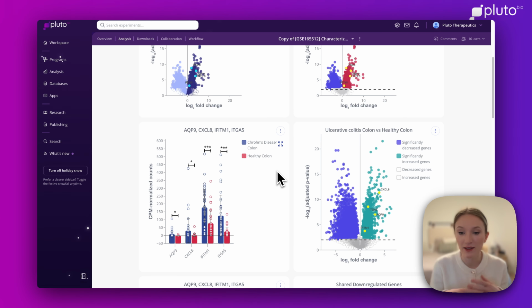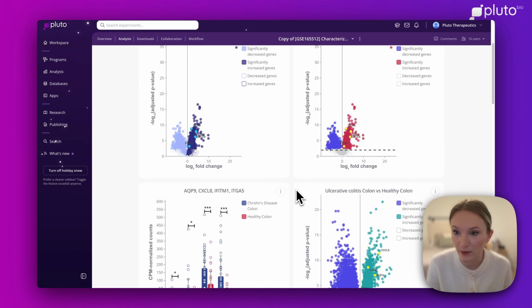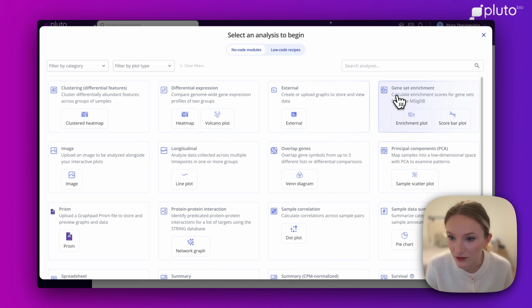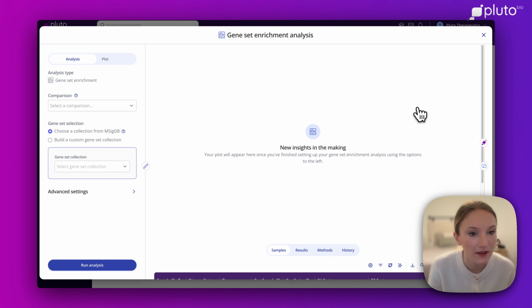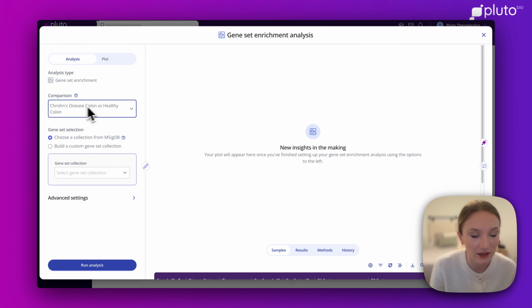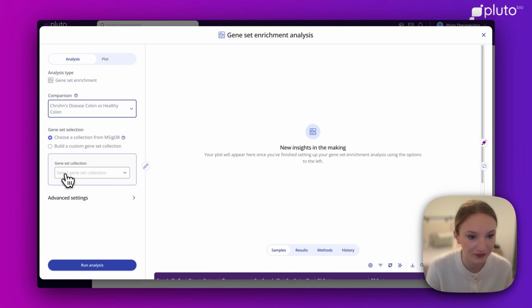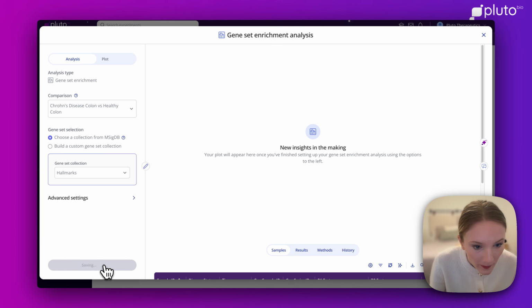Another analysis that we can do on Pluto that's very common for RNA-seq is gene set enrichment. So let's actually run one of those. You can click on gene set enrichment and create analysis and select our Crohn's disease versus healthy colon comparison. And then we will choose a collection from MSigDB, but we could also build a custom gene set collection. So let's select the hallmarks and run